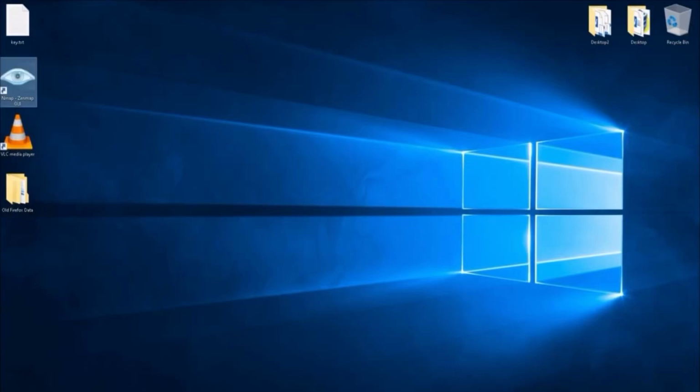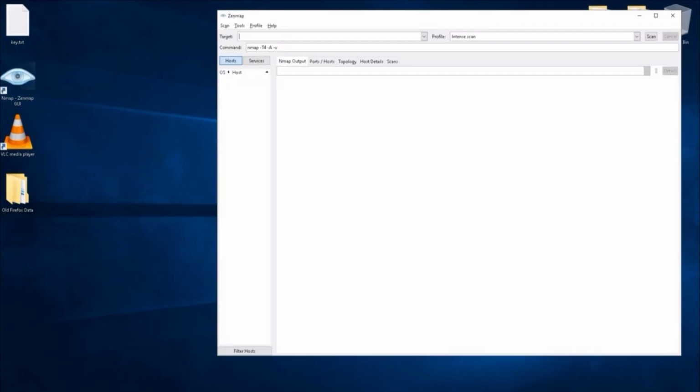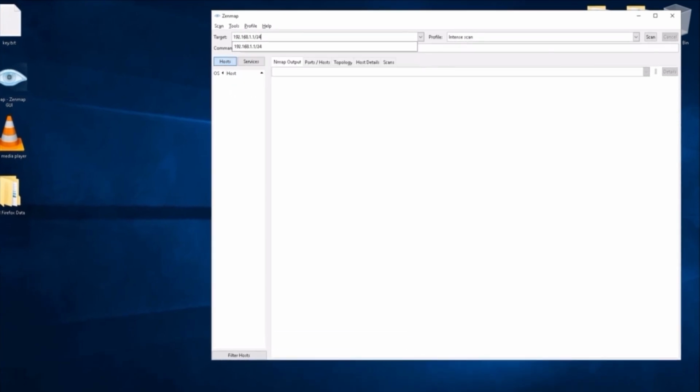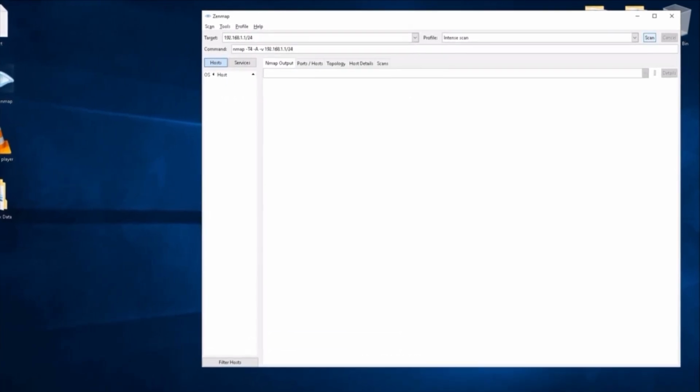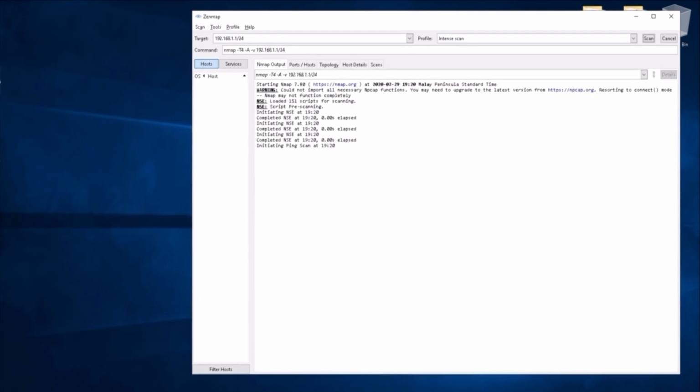So this is a Windows 10 operating system that we are running, and all you can see is we have Nmap installed, and we can double click on that to launch it. So we can actually go ahead and use Nmap to scan the entire network for existing devices. So we can do a /24 on a subnet mask. Go ahead and click scan on that, and this will start off the scan, and we can try to find